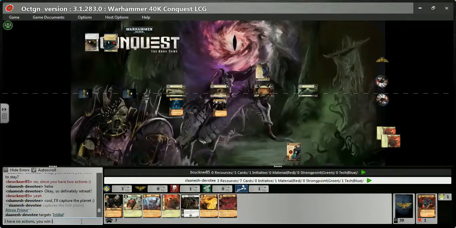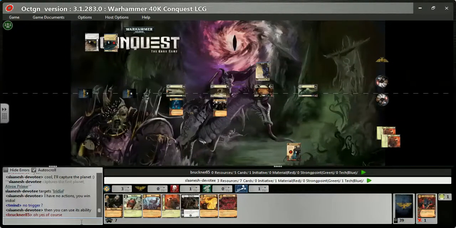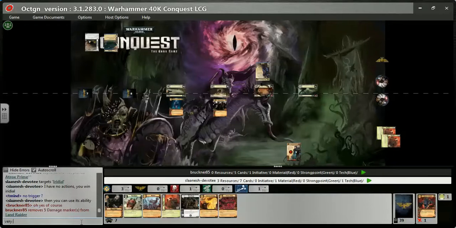So I have no actions. You win, Iridial, and then I'm just letting him know you can use the planet's ability. Just a reminder for him. Yep,